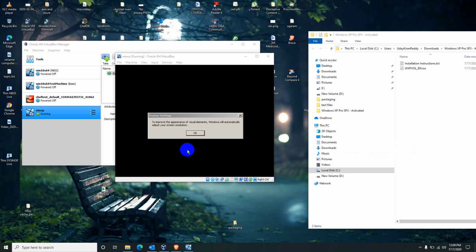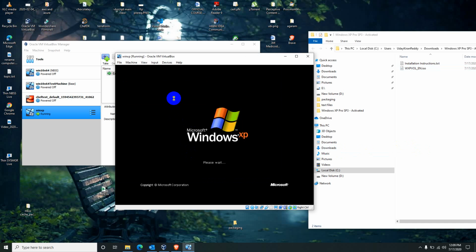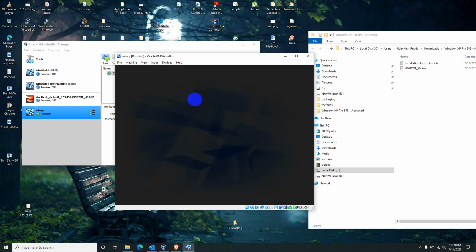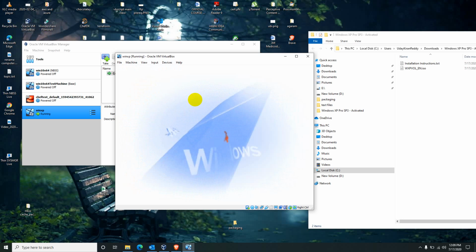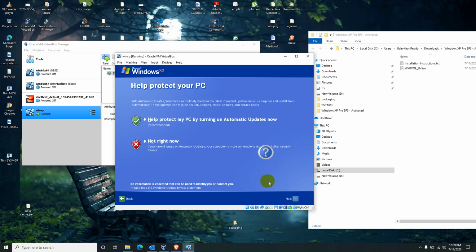So it's done now and it restarted again. Just click OK so that it will set the screen size. Initial screens. I don't need any updates now.